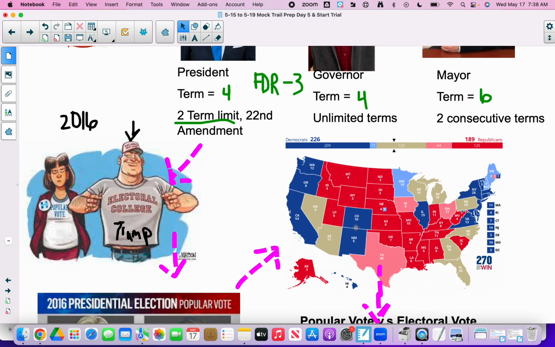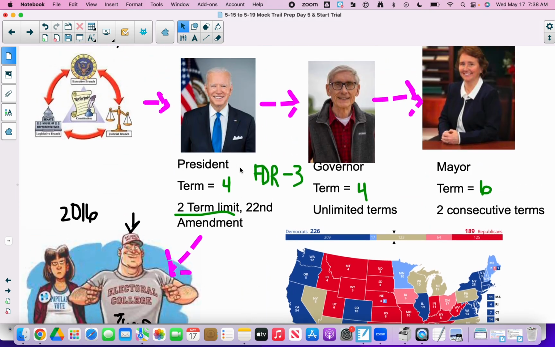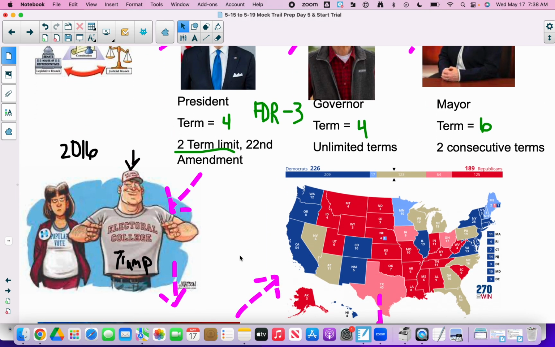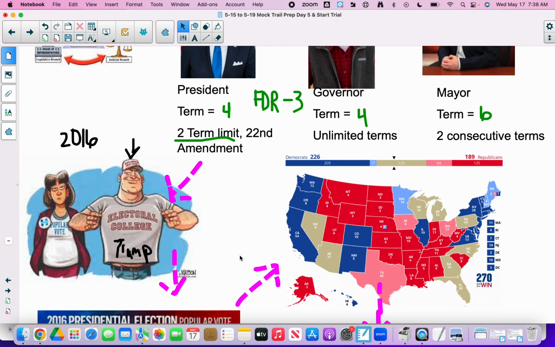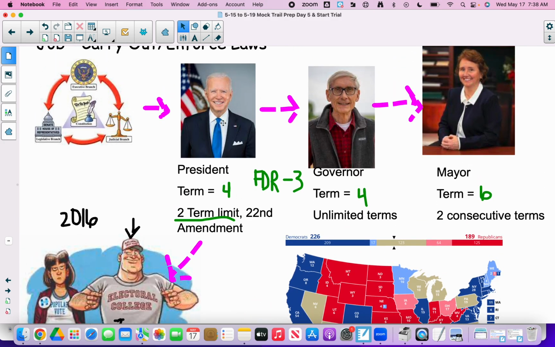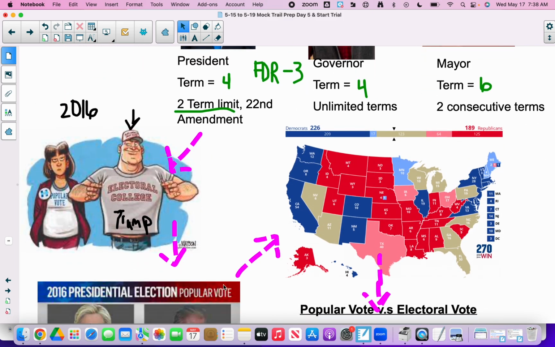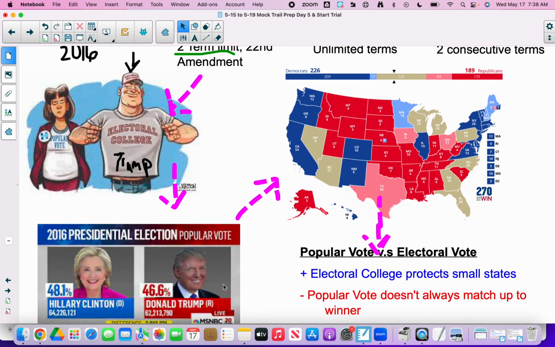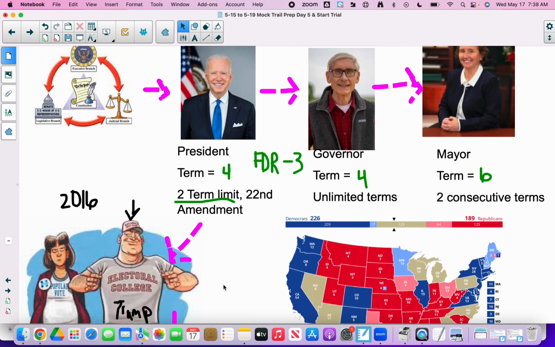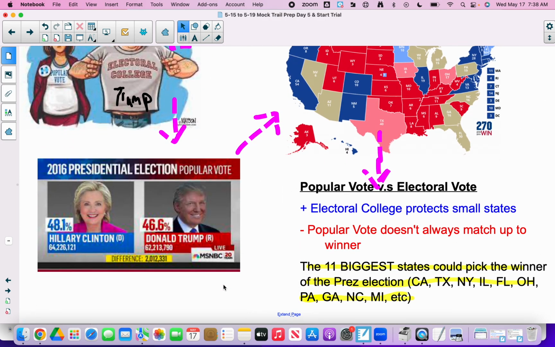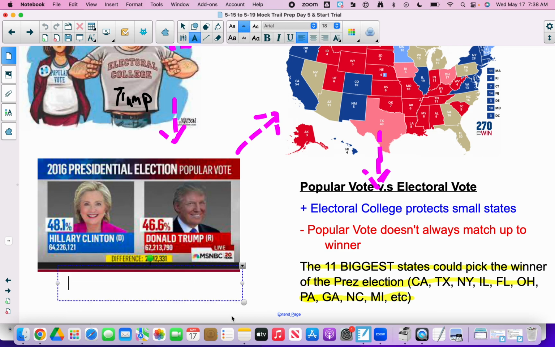Why is that? Well, in 1929, we set up a rule that said every state will have some votes towards a presidential election. This was an important safeguard to protect the smaller states so that they still had a say in determining who was president. So on the whole, the Electoral College ultimately picks the president, but they base their vote, this selected few individuals who represent the Electoral College,